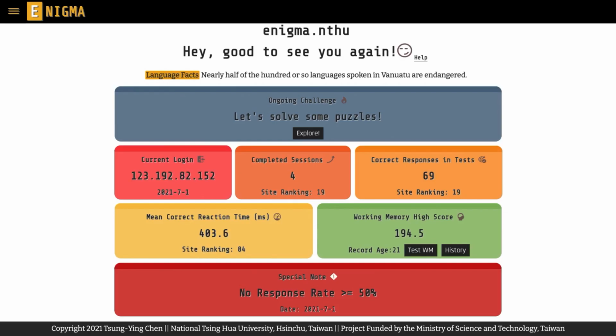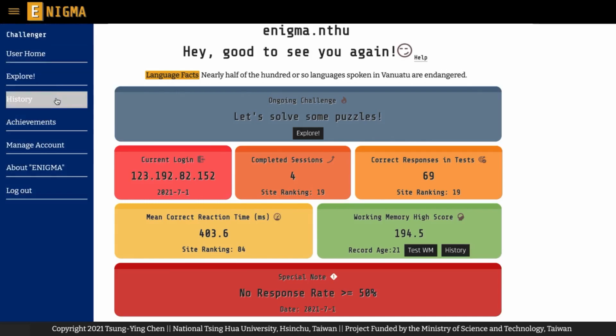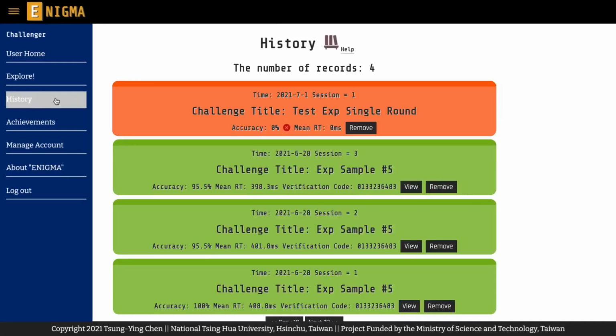Thus, it is important to be a responsible challenger in Enigma as well. On your history page, you will see these participation records in an orange color. You can still remove these participation records if you want, but doing this won't remove the records of your potentially abnormal behaviors associated with your Challenger account.